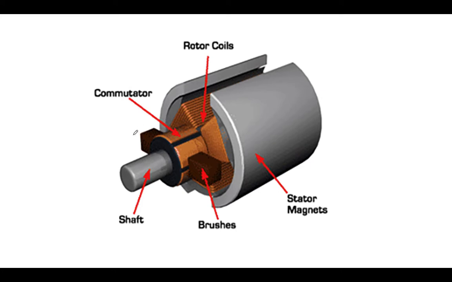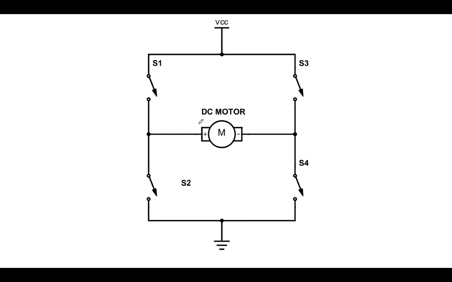Okay, now the polarity of the power supply applied to the DC motor. So how to change the polarity of the DC motor is using an H bridge. We call this circuit an H bridge. Here in this H bridge, a power supply is applied, like VCC and ground, between these four switches. These switches can be MOSFETs or transistors. So by turning these switches on and off, we can change the polarity of the supply applied to this